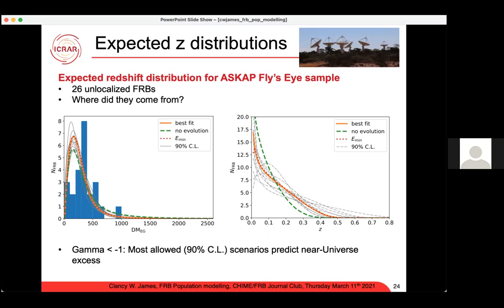But if it went off in the center of a Milky Way-like galaxy that was edge on, yes, it'd have massive DM, but it'd have massive scattering as well. Well, yeah, that's true. So there are various biasing effects as to why we might not be seeing those. And you're right, massive scattering would cause all sorts of strange structure, and is clearly something which might bias us away from seeing those.